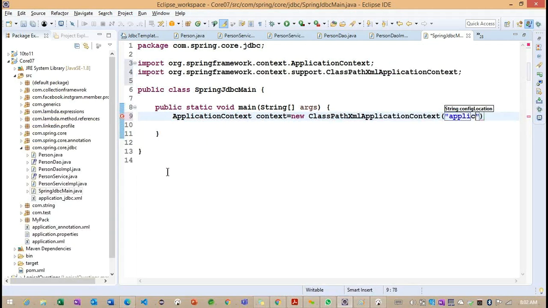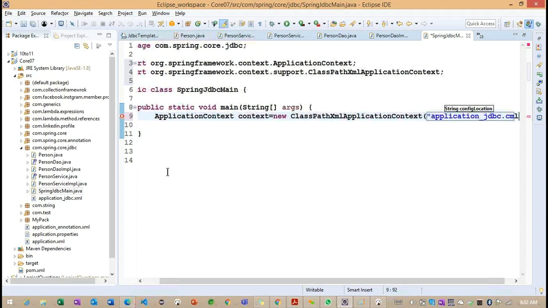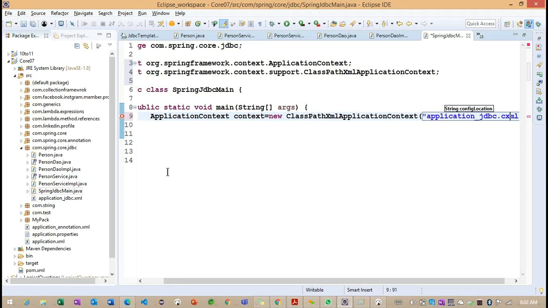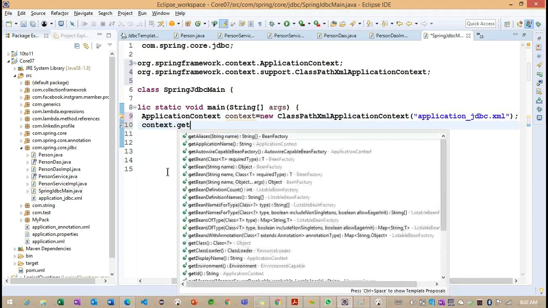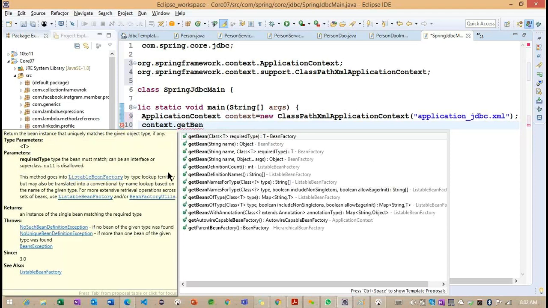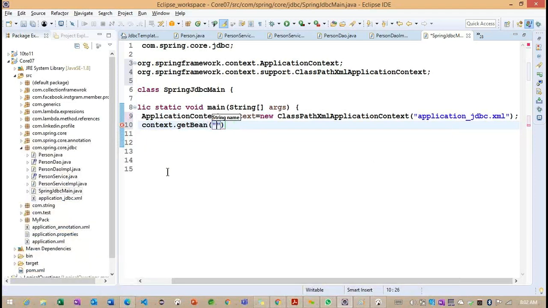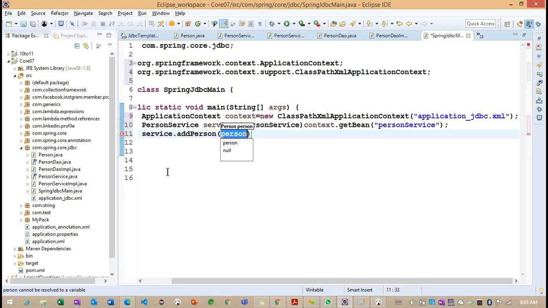What is the configuration file we have? application_JDBC. And context.getBean, and here I am providing person service. Service.addPerson.